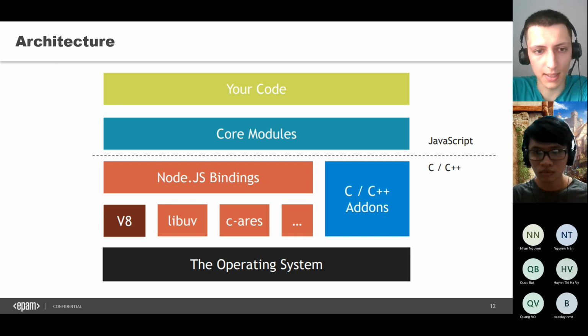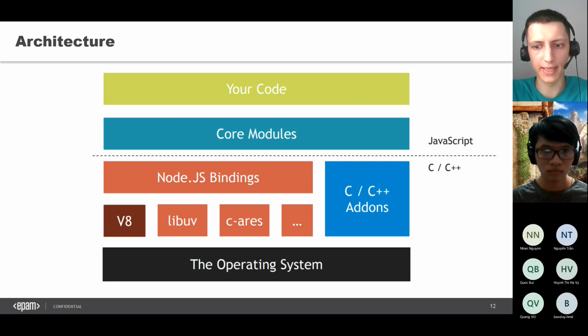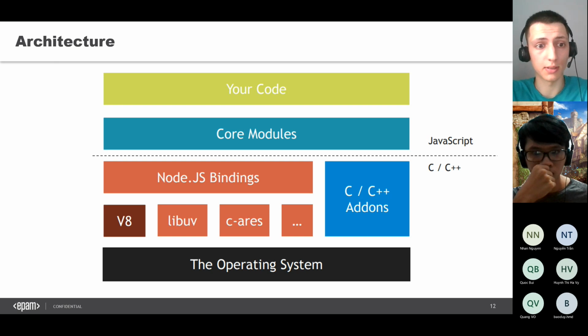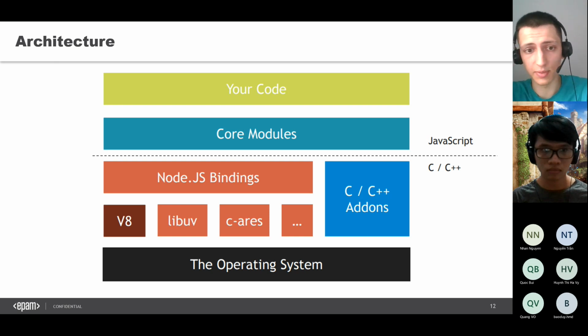The common part of Node.js and the browser is that both of them use V8. Both of them can execute JavaScript, but the libraries and the under-the-hood stuff, like all the C++ stuff and so on, are different.